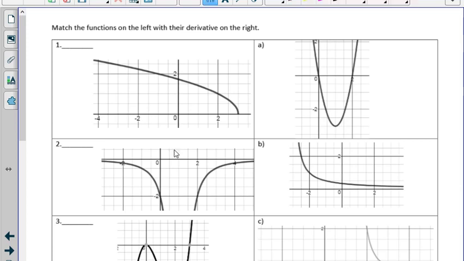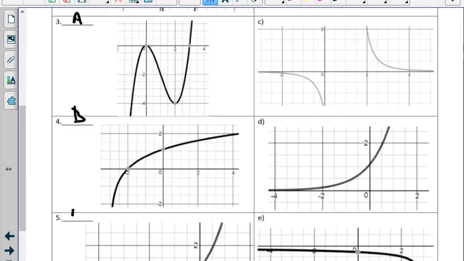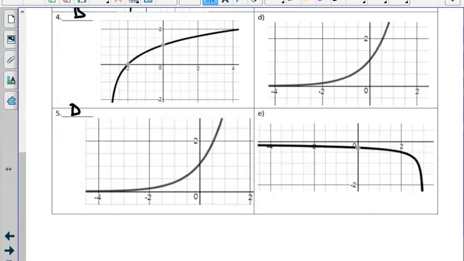Okay, the first problem, the answer is E. Second problem, the answer is C. Third problem, the answer is A. Fourth problem, the answer is B. And fifth problem, the answer is D. And I'm going to show you all of those on Desmos just to make sure that you know why each of these is true. And then after that,